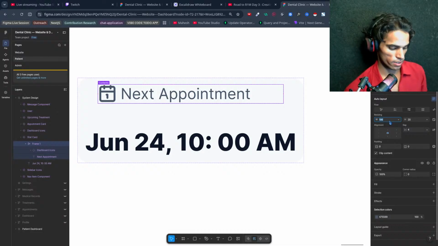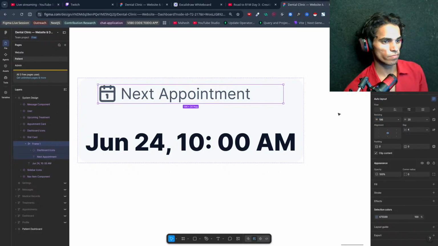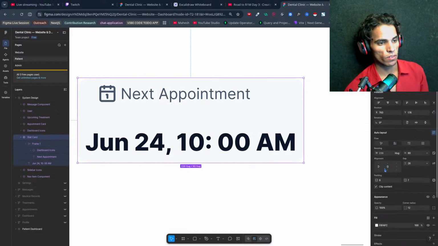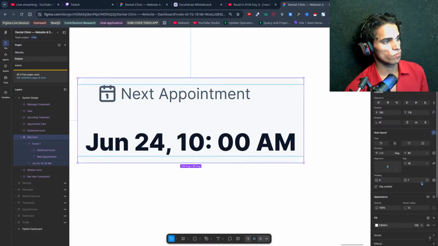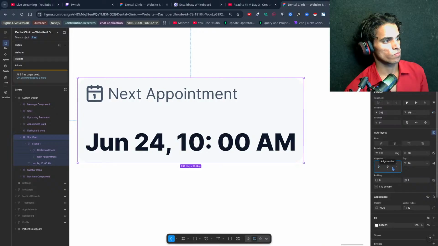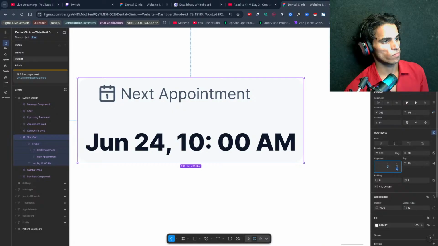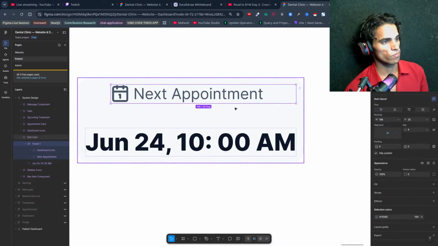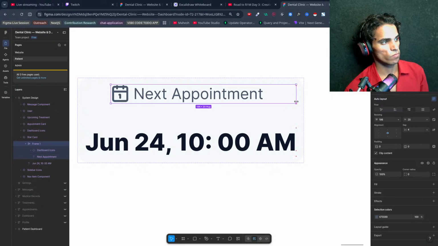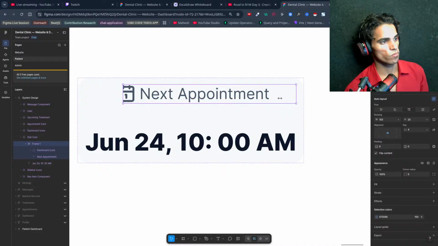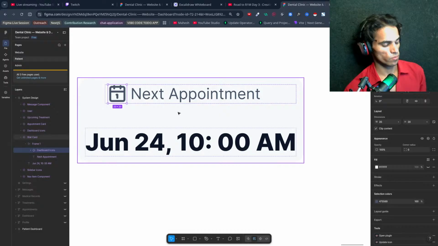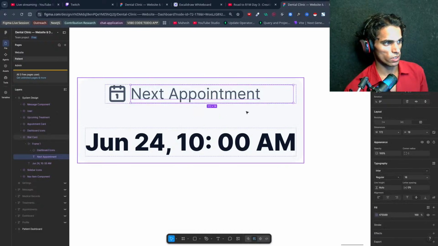If I keep the width like 100, okay, keep its width to hug contents.